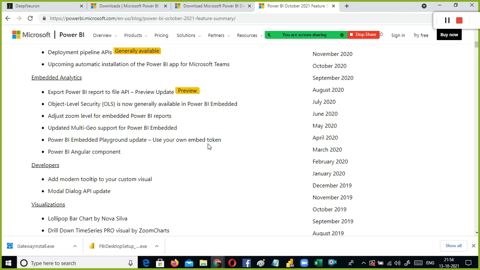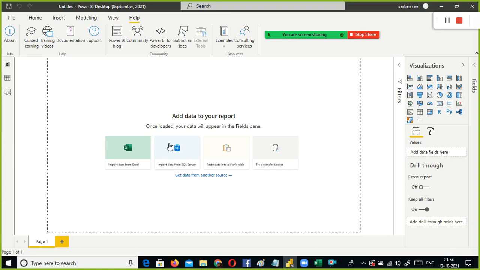So the next one is, when we start to work on Power BI Desktop, what do we need? In order to work on Power BI Desktop, we need data. Data is the backbone. Without data, you cannot do anything, right? But raw data you cannot use directly, and most of the time we receive only raw data. It is our responsibility to convert the raw data into processed data.